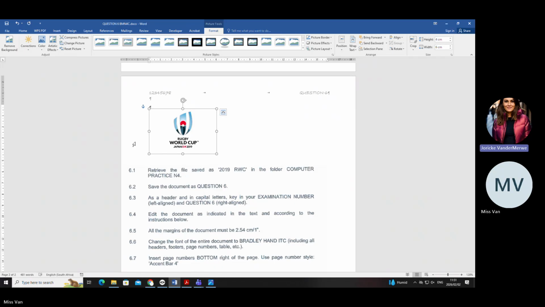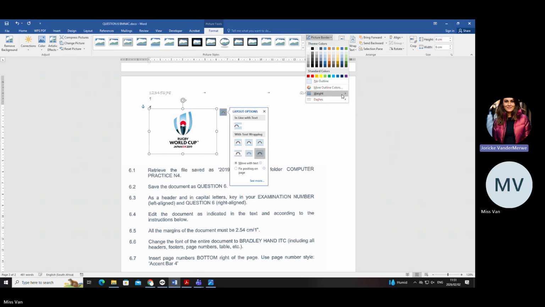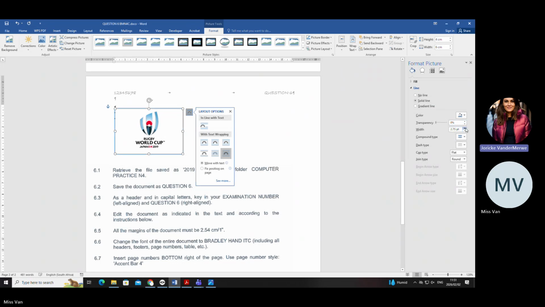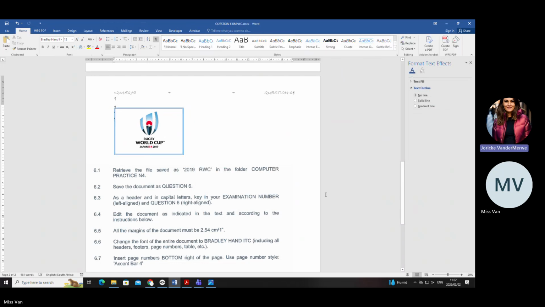And then the last thing I want to show you for the picture is to apply a 3-point double line border around the image. Anything and everything you need to change on an image is going to be under the format tool. So can you see there's a border? Okay. The white, the dashes. Okay. So we're going to go to more lines. And then this is going to appear. It's a little bit different. Then we need to say we want a double line. And I want it to be 3 points. So we need to change that to 3. Okay. And Bob's your uncle.